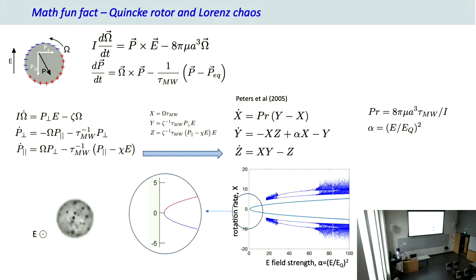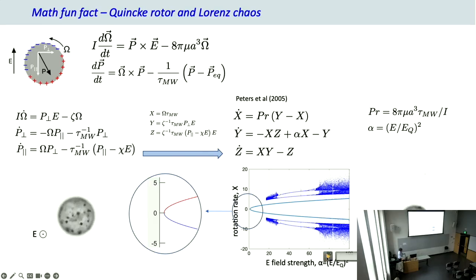So this is a video of our Quincke rotor under the microscope. This is a 100-micron sphere. We see these little defects. This is just a plastic sphere with some literal defects, but they help us to visualize the rotation. And above the pitchfork bifurcation, you have a nice steady rotation. If you go to much higher field strengths, you see the chaotic rotation. So it's going forward and backwards in kind of an irregular fashion. So I like to show this, that Lorenz chaos is real. And okay, so